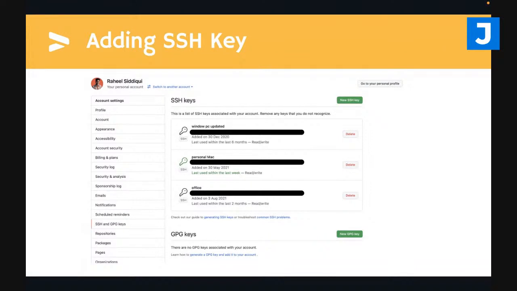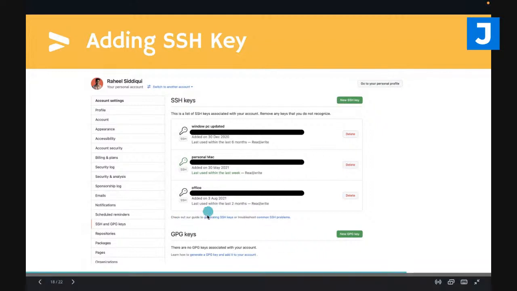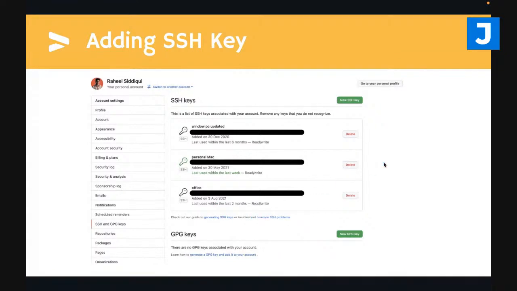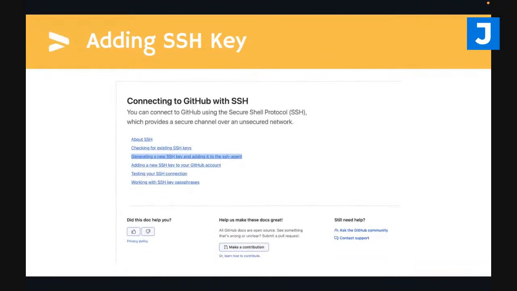सो फॉर क्रिएटिंग द एसएसएच की फॉर योर सेल्फ, तो व्हाट यू शुड डू, you can go to this generate SSH keys option here, as you can see, and as soon you click on this option तो आपको navigate कर देगा on this page. So this page will show you कि आपने generate SSH key and adding it to the SSH agent. You will be selecting this one, adding a new SSH key to your GitHub account, the fourth one. Okay, so